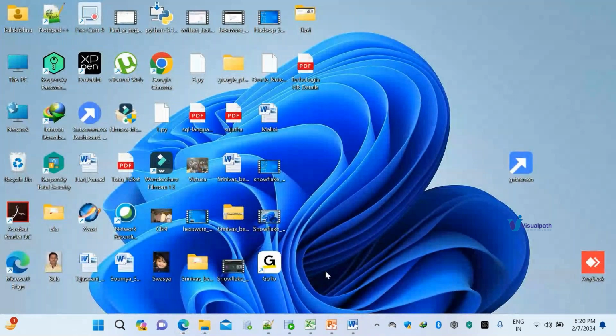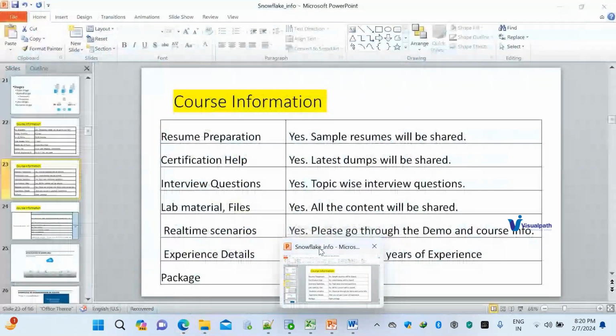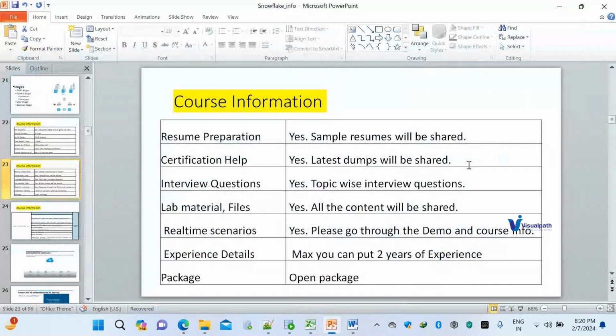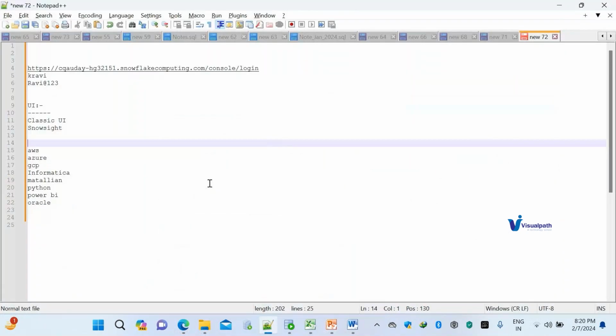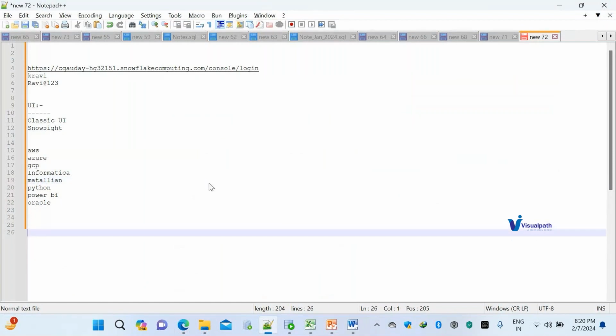Can I learn these things, or is Snowflake very helpful for that? See, Snowflake has a good market. Nowadays, in the current market, if you know one technology, you cannot survive. The roles and the companies are looking for more of a data engineer. When I say data engineer, you should be strong in one database, one ETL, one cloud,